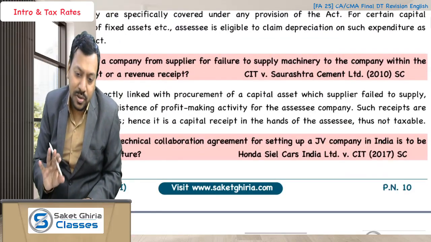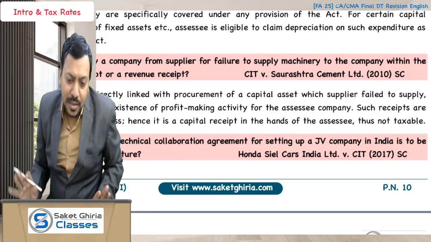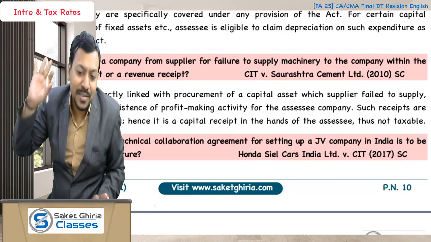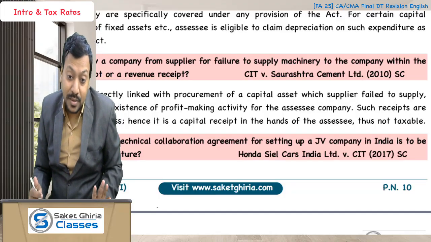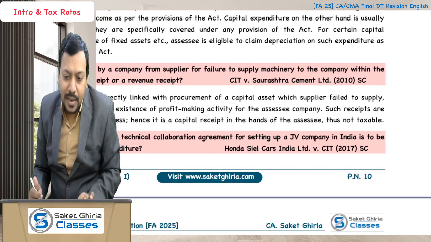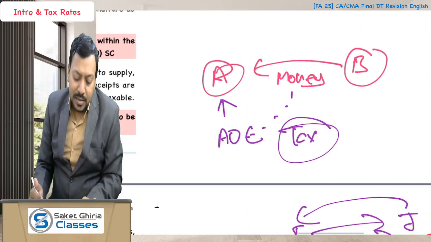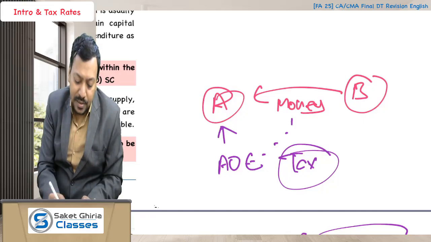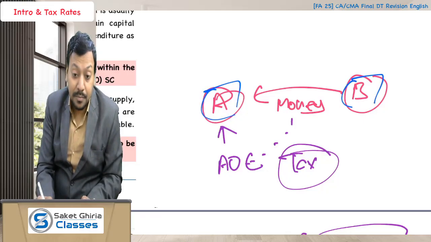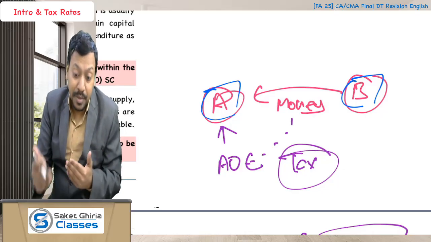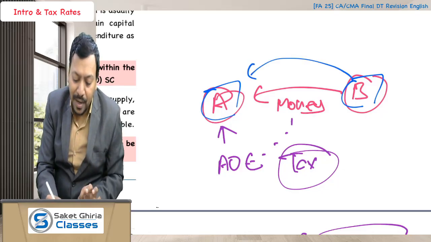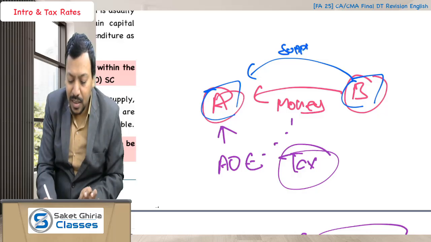And this case is from your study material. I am not teaching anything, or I am not making you guys revise anything from my side. Are you guys getting? Okay. So what happened in this case? This is a very important case. CRT versus Saurashtra Cement. What happened in this case is that, let's say there is a buyer, Mr. A. He's a buyer and he's a supplier, Mr. B. So Mr. A and Mr. B has agreed where Mr. B will supply the machine,